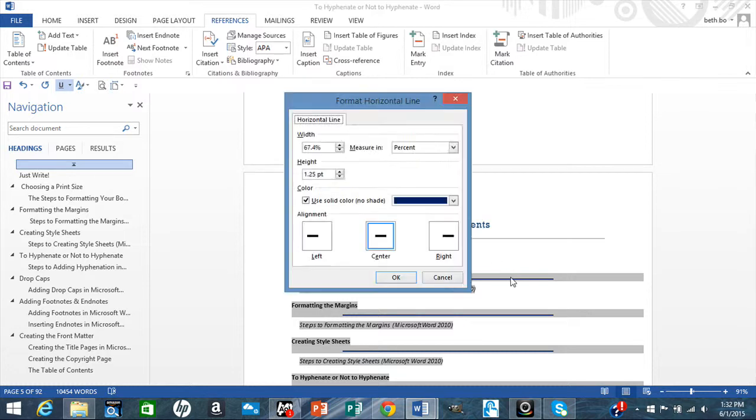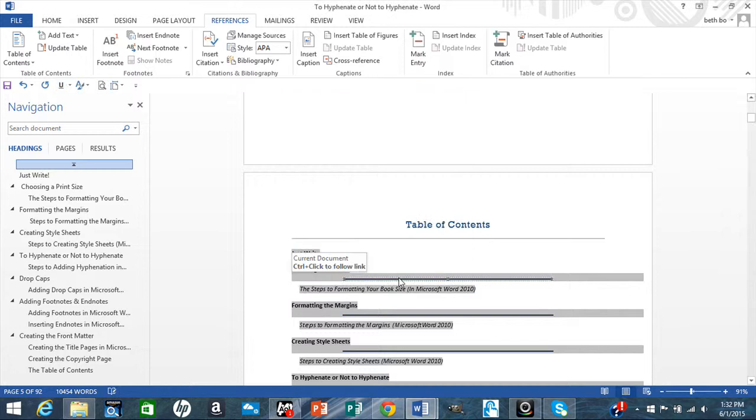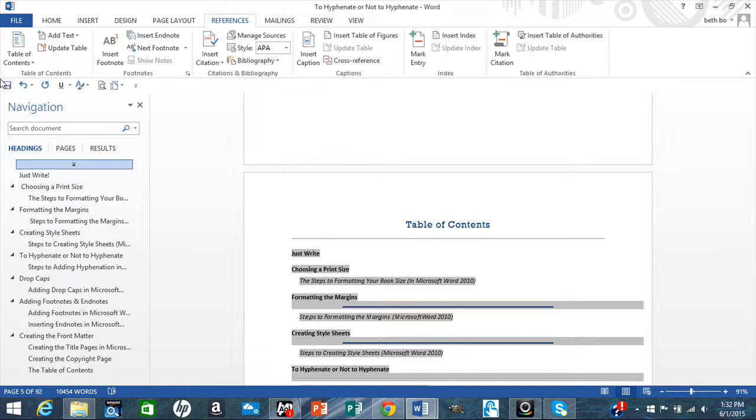Because if not, you will end up deleting that. And you'll just have to use your back button. This back arrow right here, that's your friend. Anytime you make a mistake, just hit that. So then here's my subheading here. I don't have to do any of that tabbing over since I don't have page numbers to worry about. I just have